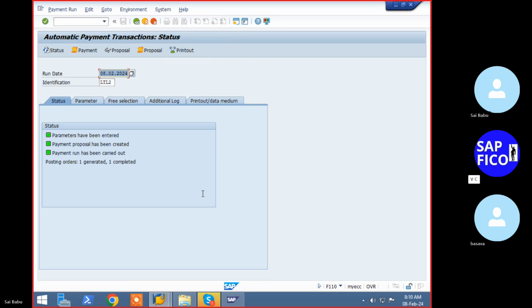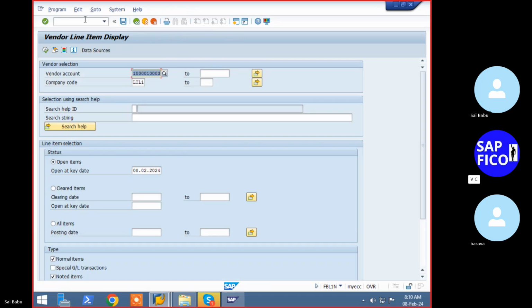Go back to this FBL1 and transaction code. Take out the new screens. Whenever you are doing the configurations or whenever you are doing the testings and all, you should maintain 2 screens. OK, yeah, no issue. Go back to the